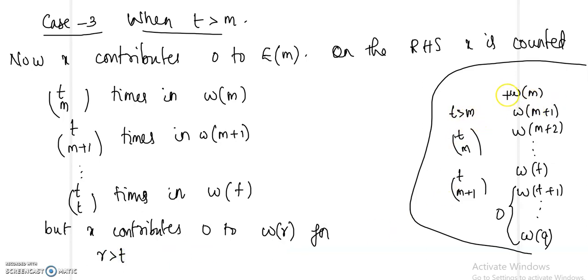Up to omega of t, this is what it will contribute. So for all values of r where r is greater than